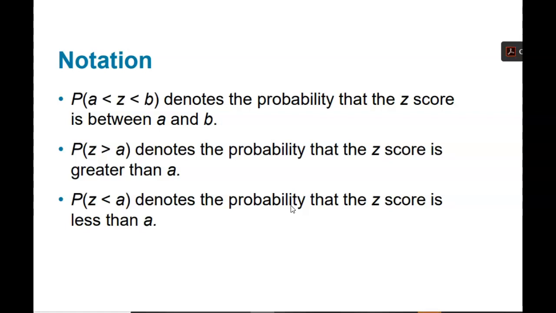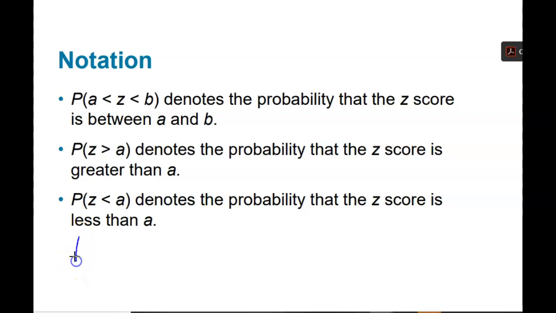This is the summary. The probability that your z is between A and B says the probability of z. So if your z-score is between two numbers, these are the two z-scores you're looking at. If your z-score is greater than some number, you're finding the probability that z is greater than the number. And this is how you note z less than a number. So if I ask you for the probability that some z-score in a standard normal distribution is less than 1, then I would write that as, and let me do this,